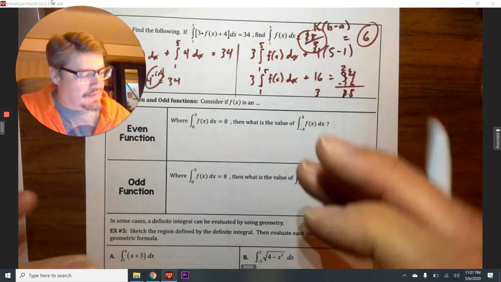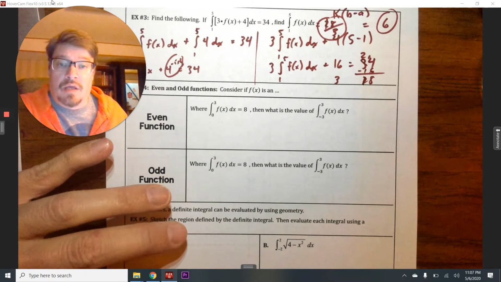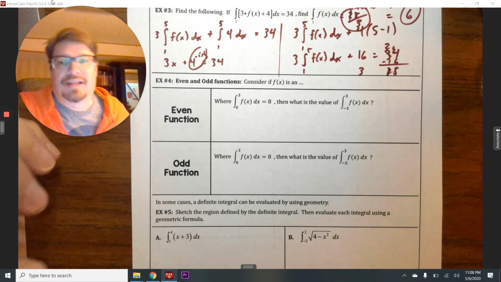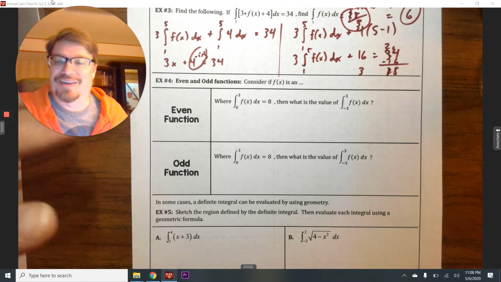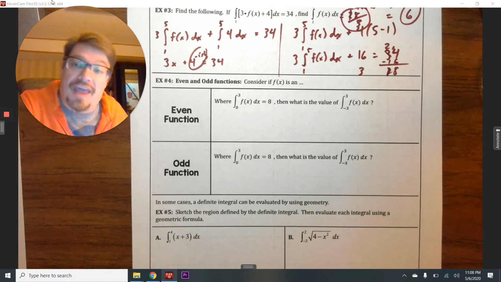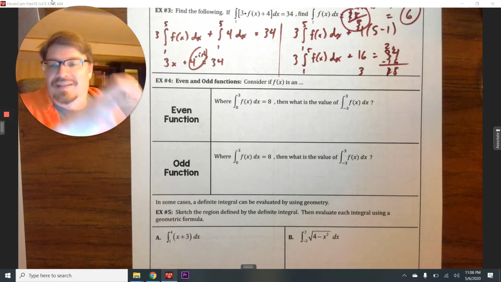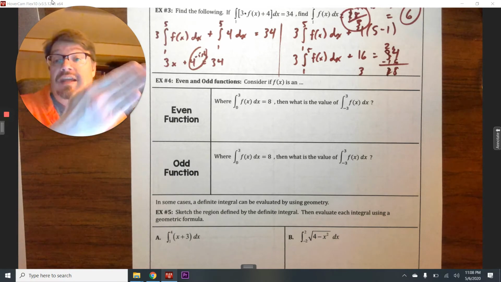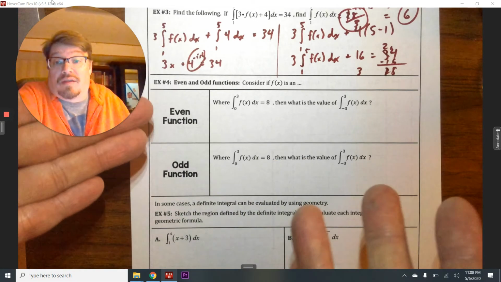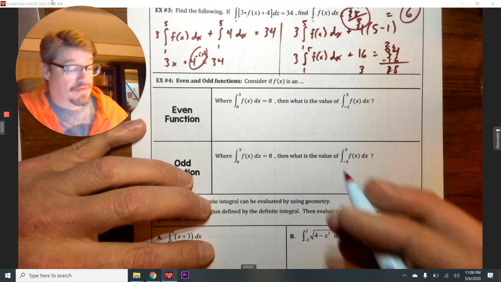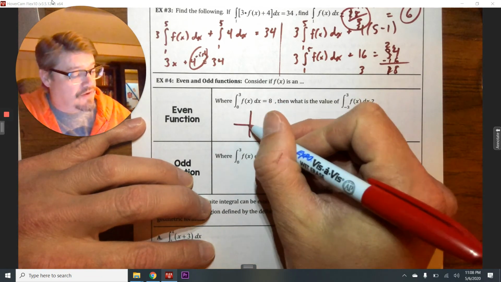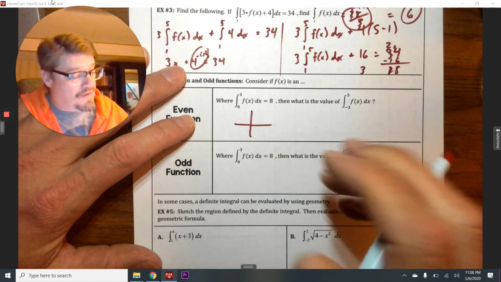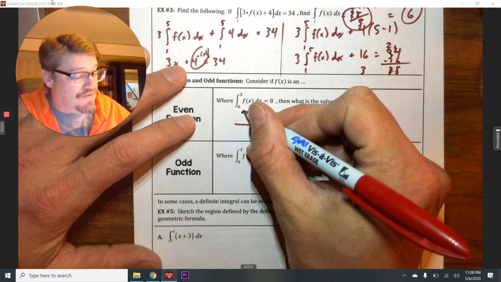Even and odd functions. Here's actually the great reason why you learn even and odd functions. Why we spent a few days testing and quizzing on it. It's so much easier when you get to calculus if you understand even and odd functions. If I have an even function, and an even function is